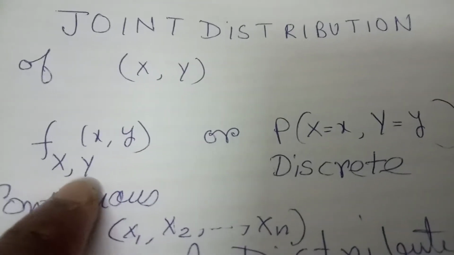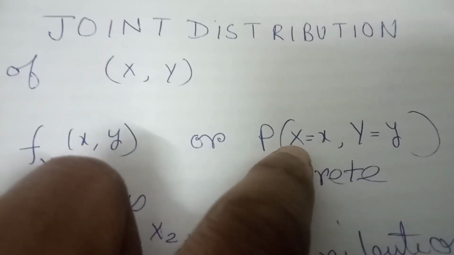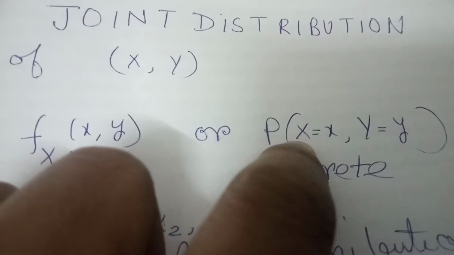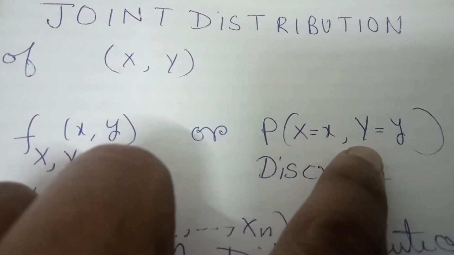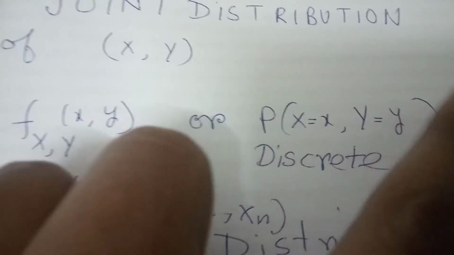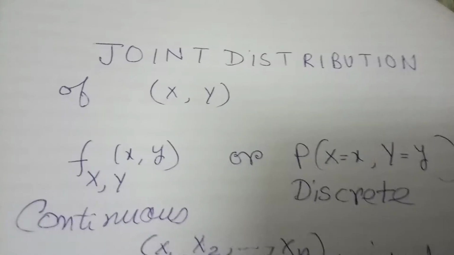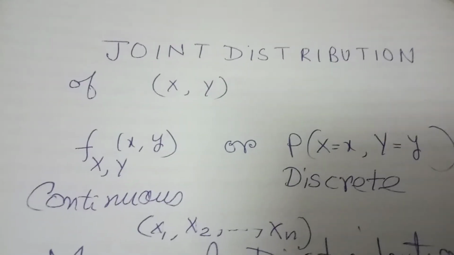I think you can guess. It will be a function of n variables, and similarly this will be a probability statement on X1 equal to x1, X2 equal to another number, and all the way up to Xn equal to xn. But it is enough to understand with two random variables; then you can understand everything for any